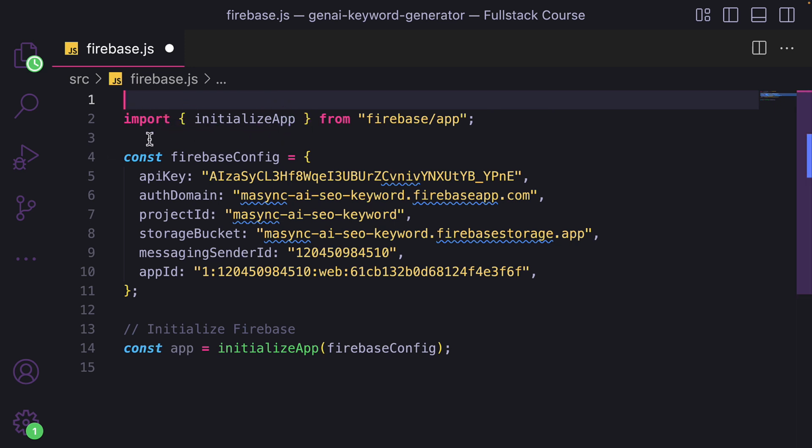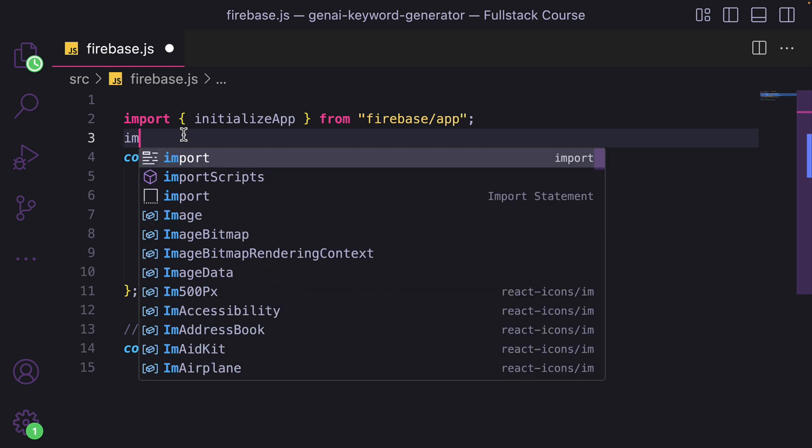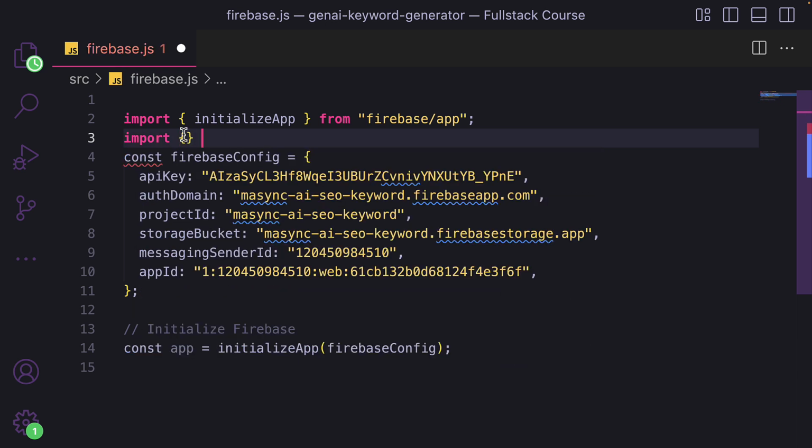This is going to be used to connect Firebase into application so that we can use other services like authentication, hosting, Firestore, and so much more. So after that, we will need getAuth for authentication. So import, and we're going to destructure from